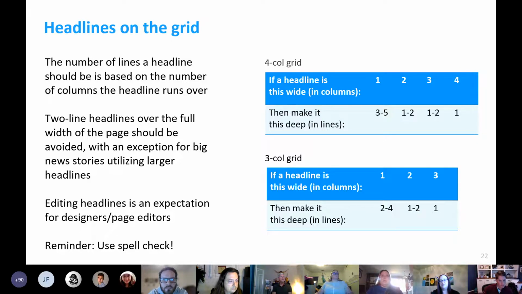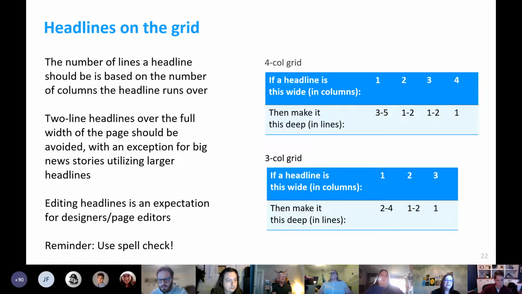Worth noting here that 2-line headlines are frequently overused when the news doesn't call for it. Headlines of this size should be reserved for major breaking news, such as bombings in Paris or when a governor is resigning in the midst of a scandal. Beyond that level of news, we should work to edit headlines down. A good tip to break down a long headline is to incorporate a deck, which I will talk more about shortly.